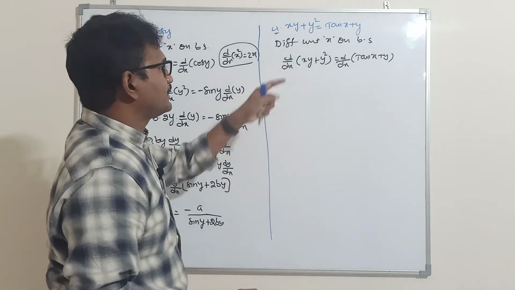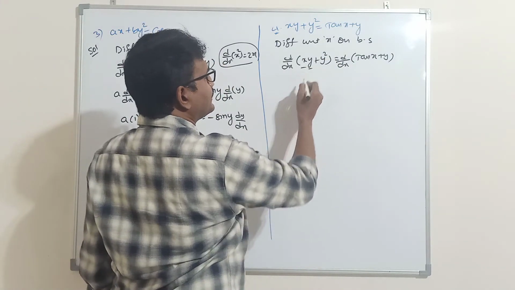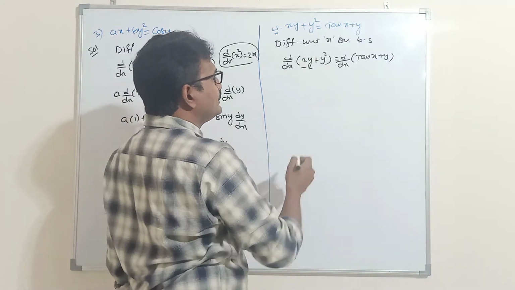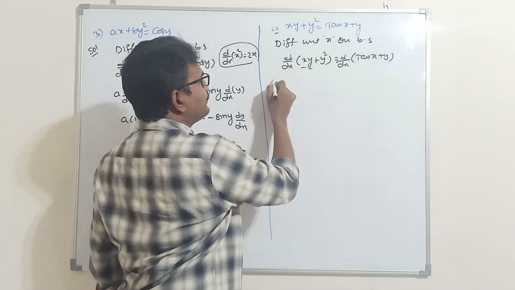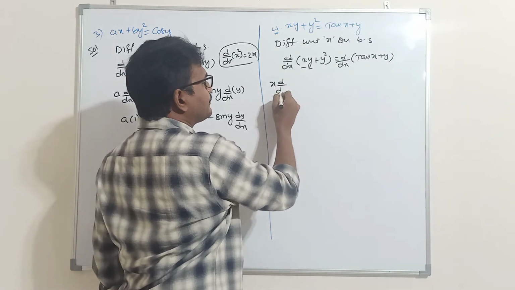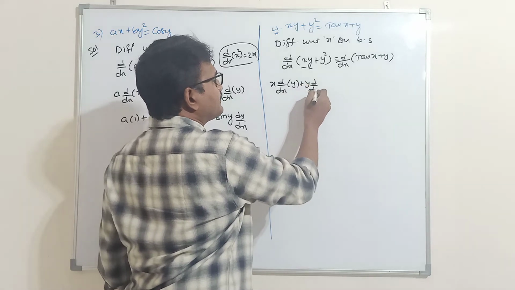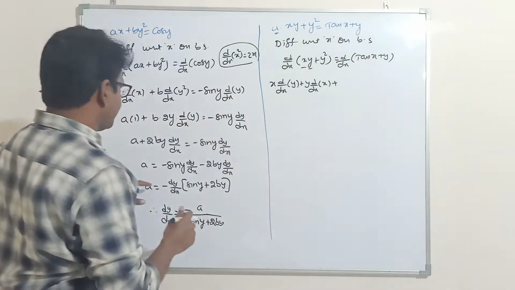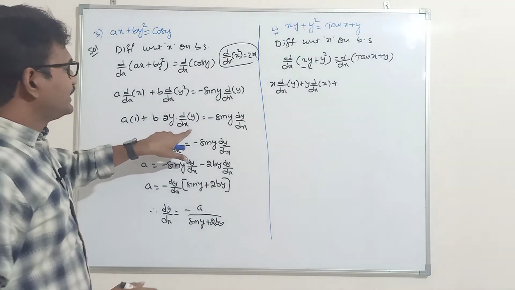Similarly, if you come to this problem, apply differentiation on both sides. In the derivative of xy, 2 different variables are there. Between the two variables, multiplication is there. Then you need to apply the uv rule. uv rule means derivative of uv: x into d by dx of y plus y into d by dx of x, plus we know the derivative of y². How much did we get? Just now I explained. Derivative of y² is 2y into